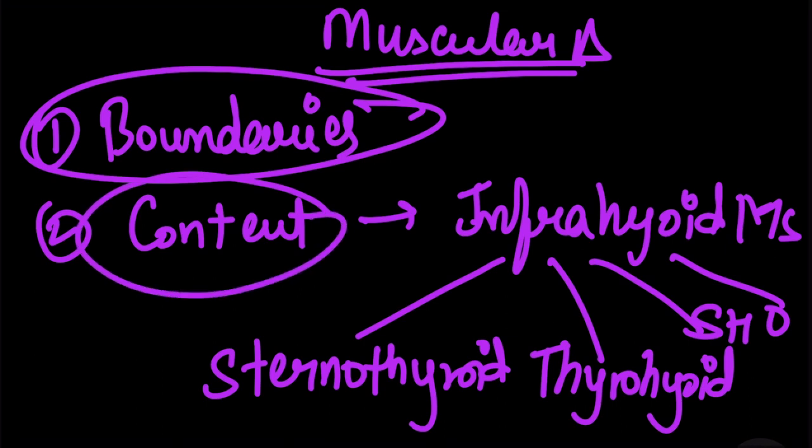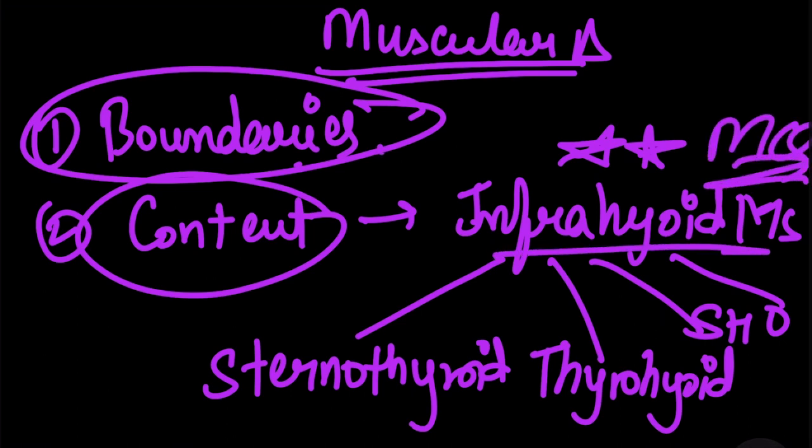Most of the questions which come in the examination are basically from this part. Whenever we talk about the muscular triangle, no one is going to ask you about boundaries, but the MCQs come from this only. So we are going to focus mainly on our infrahyoid muscles only. So for infrahyoid muscles, first of all we'll see the boundaries